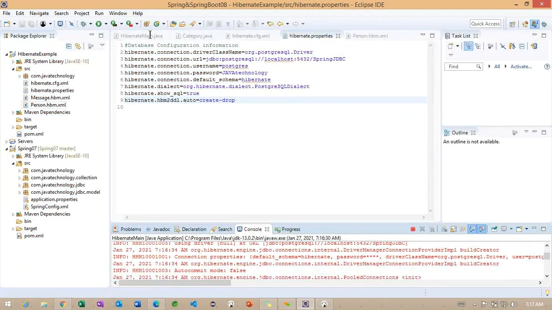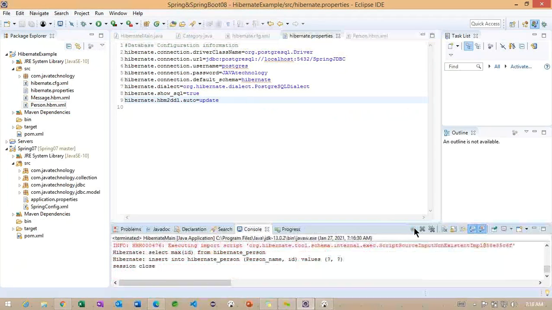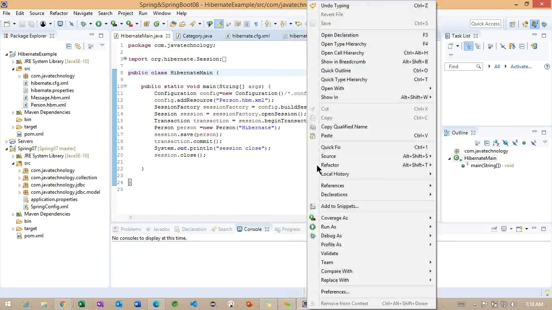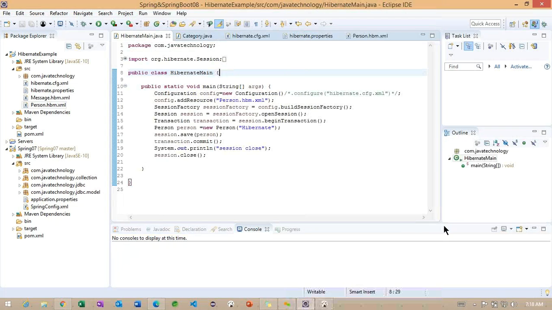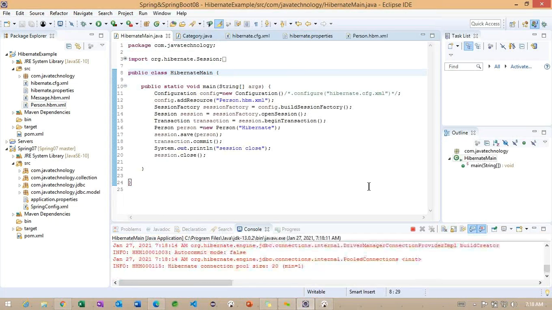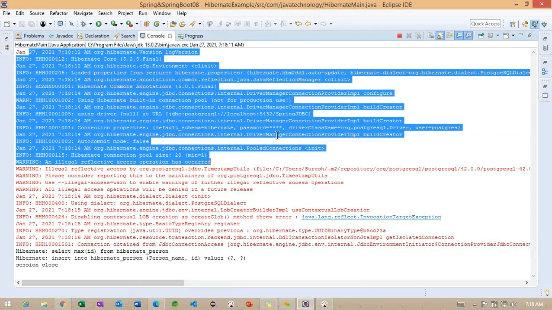Now you can identify here by using update. Using update, I'm going to run one more time. You can check whether any drop command is visible here.